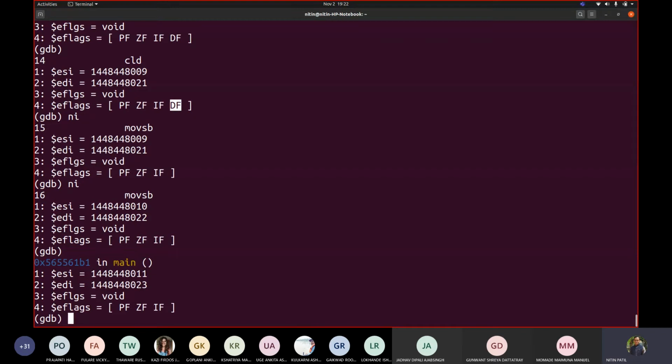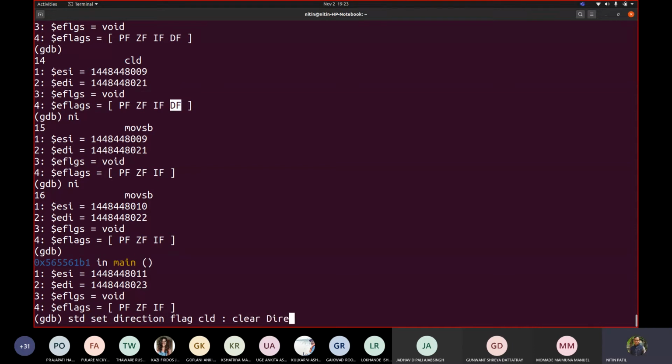So to set the direction flag explicitly, what is to be used? We have to make use of the DF flag register. So we will use STD, which means set direction flag. Correct. And CLD is what?